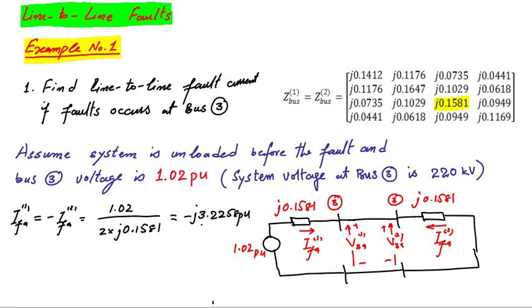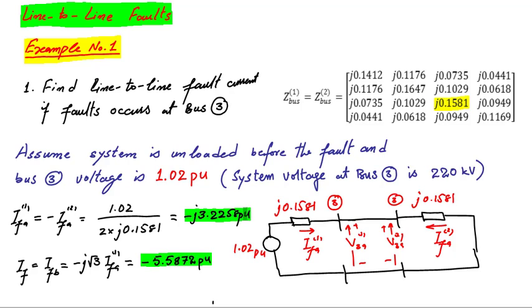The next step is the calculation of fault current. According to the definition, the fault current in case of a line-to-line fault will be the fault current in phase B. If I write the direct formula, that is equal to minus j root 3 times IF a positive sequence. So here we can multiply to get the value of current, minus 5.5872 per unit. So here we have the fault current, and this was the sequence component of fault current.